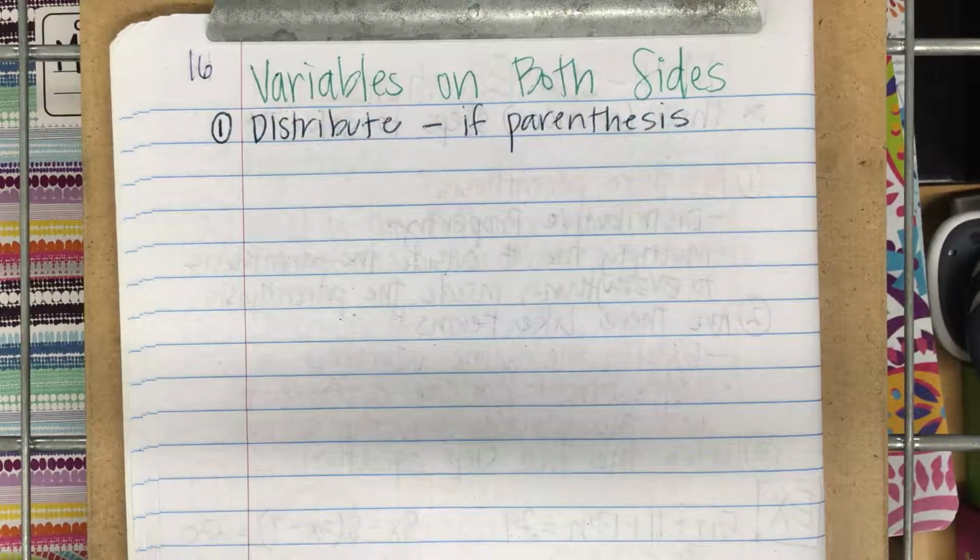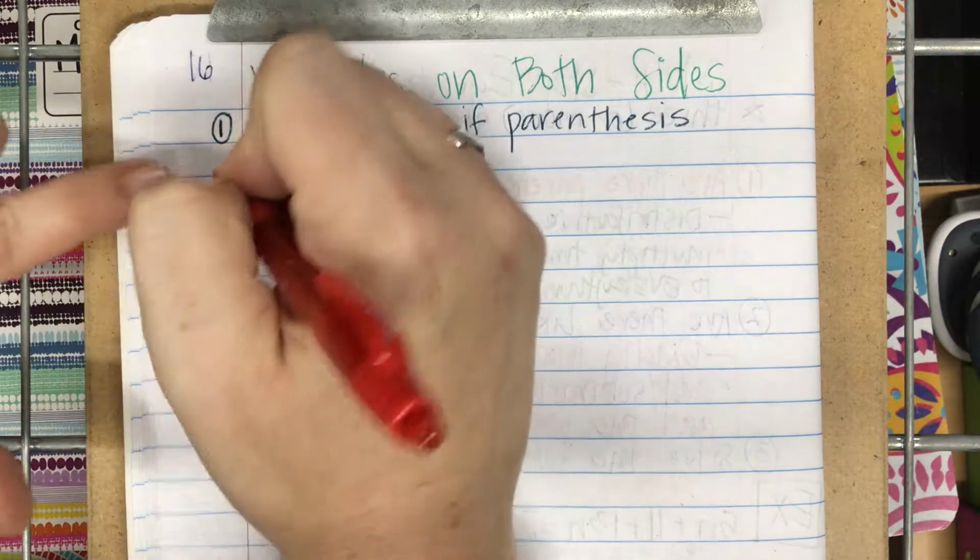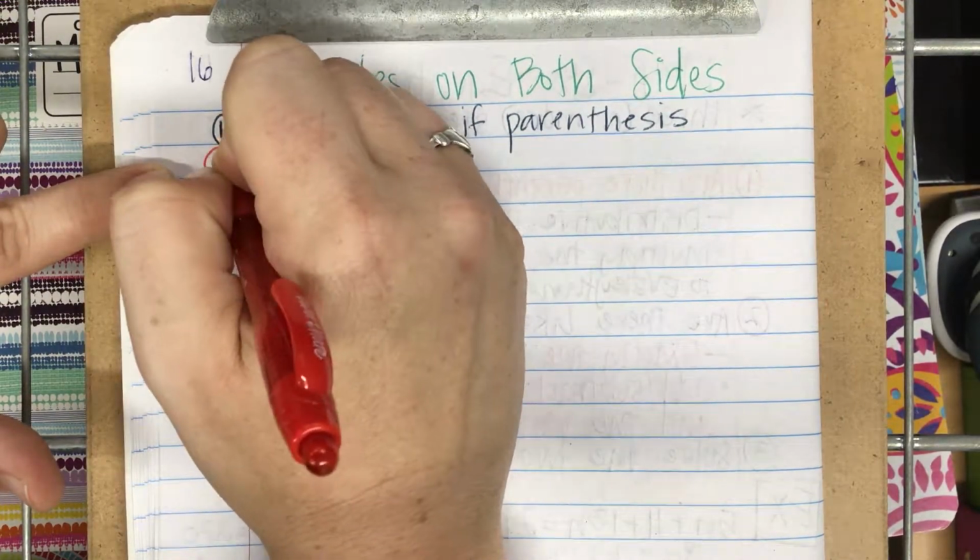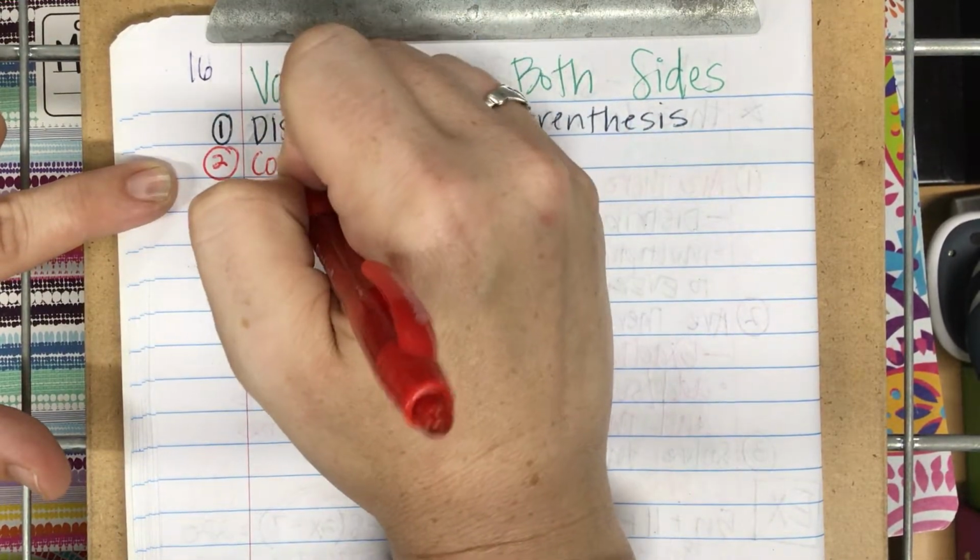And maybe there are no parentheses, but if there are parentheses, the first thing we should ask ourselves, do I need to distribute? If the answer is no, because there are no parentheses, then we move on. But if the answer is yes, because there are parentheses, then we have to use the distributive property. After we distribute, we need to look, do we need to combine